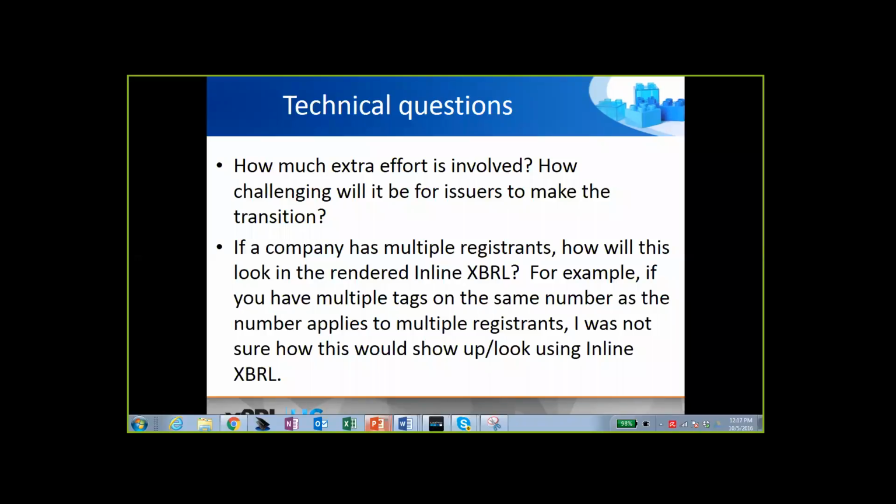So to the extent that you have a fair amount of effort each quarter, each year, however often it may be, in adapting the taxonomy or making changes to your taxonomy, none of that changes at all.